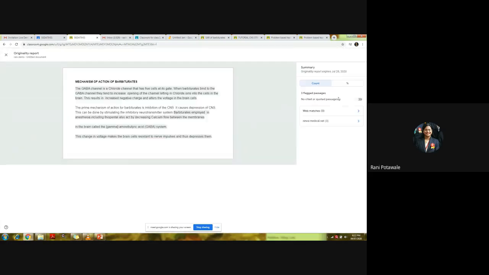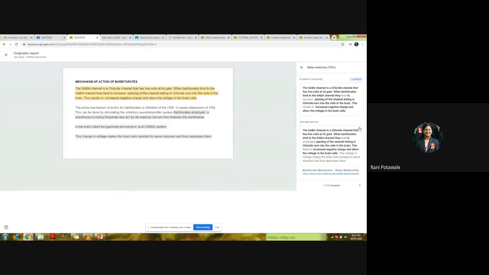Click that flag message and we can see the originality report. Here we can see the highlighted lines. That means we can see the percentage of flagged content. These highlighted lines are nothing but copy-pasted lines from different web matches. So 74% of this content is from different web sources.